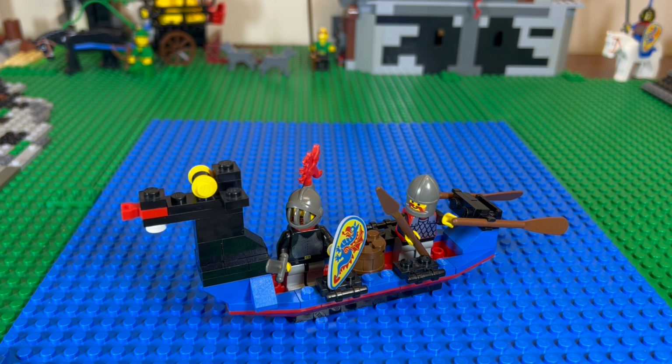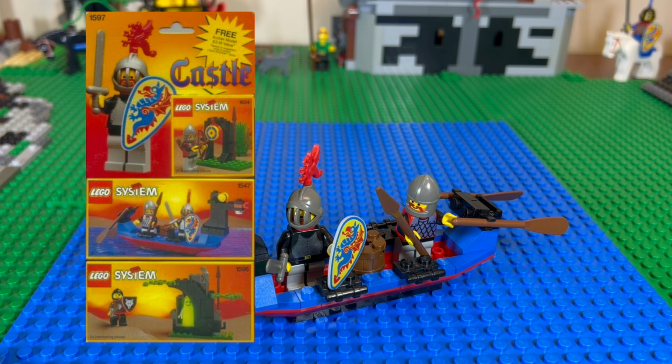1547, the Black Knight's Boat, was actually part of another triple pack as well, 1597, which also came with the King's Archer with a little target practice, the Black Knight's Boat that you see here, as well as the Ghostly Hideout, which featured the wolf pack and a ghost, one of the wolf pack guys. So that came out in 1993, 1597, and 1547, and separately, if I recall,